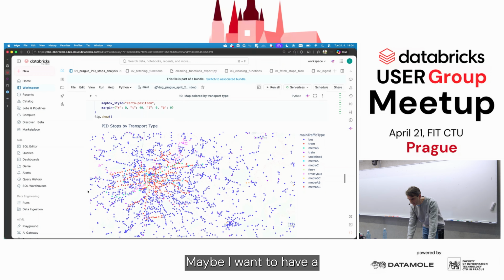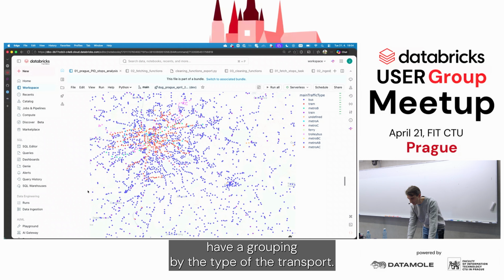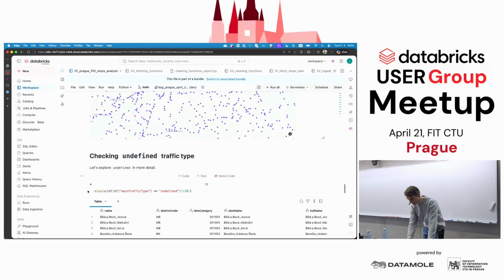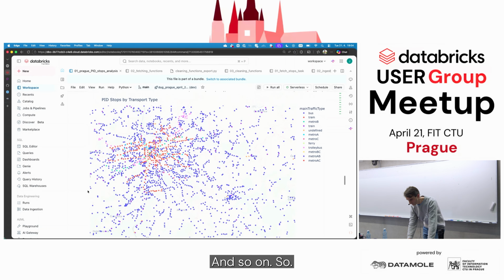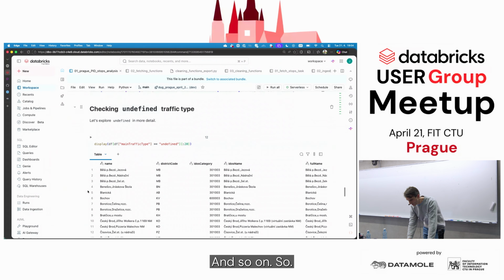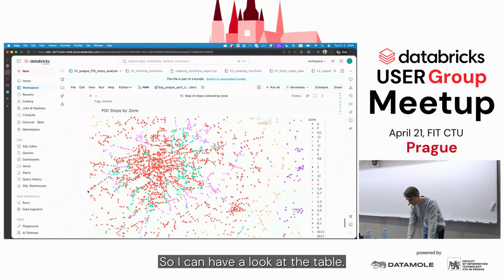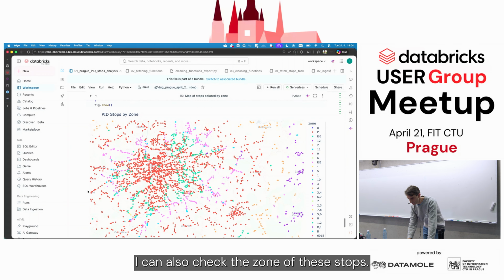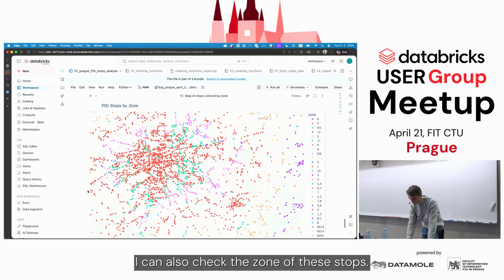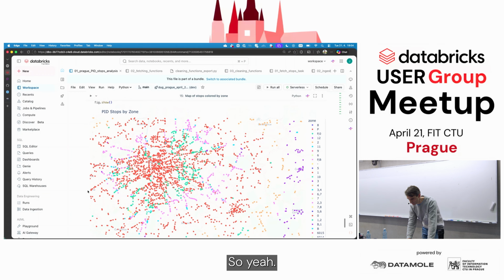Maybe I want to have a grouping by the type of the transport. So I want to visualize different stops on the map, and so on. So I can have a look at the table. I can also check the zones of these stops. So yeah,